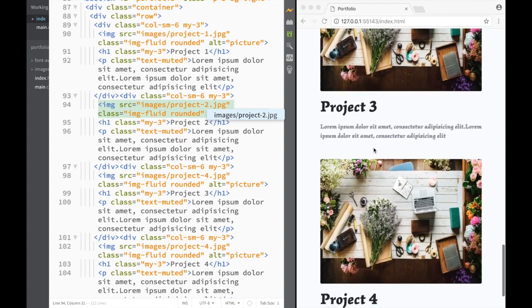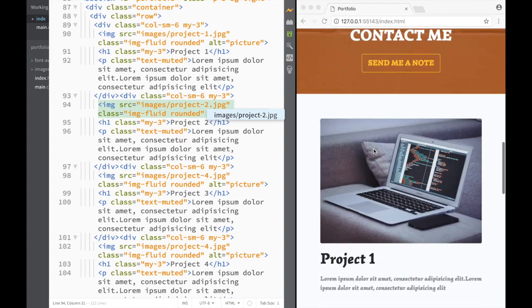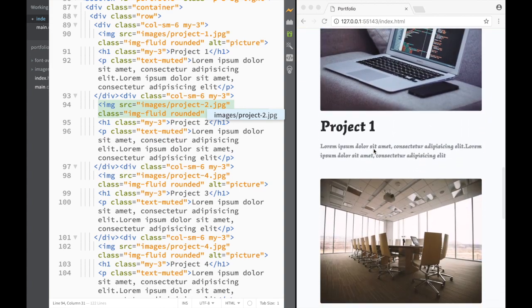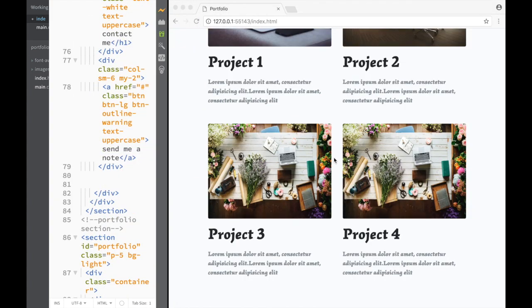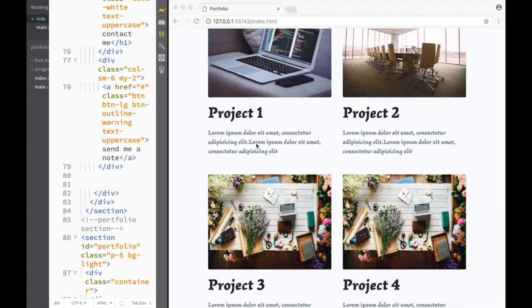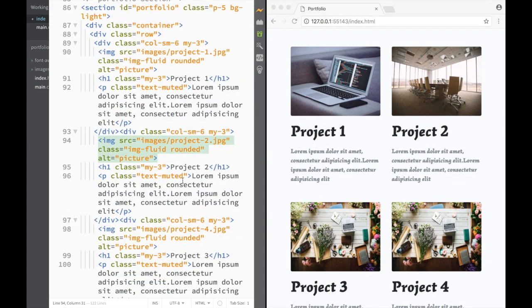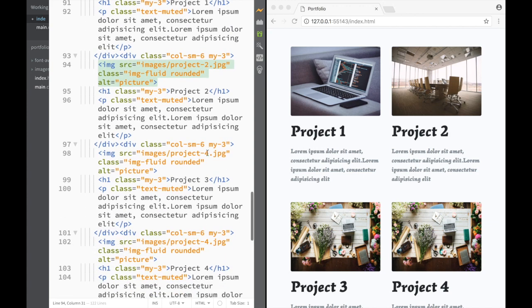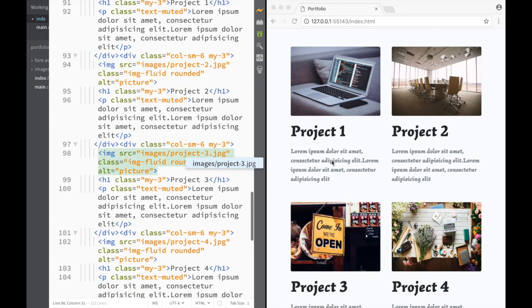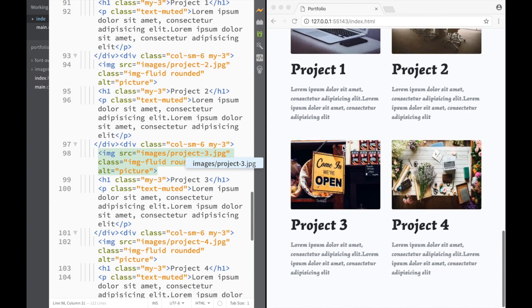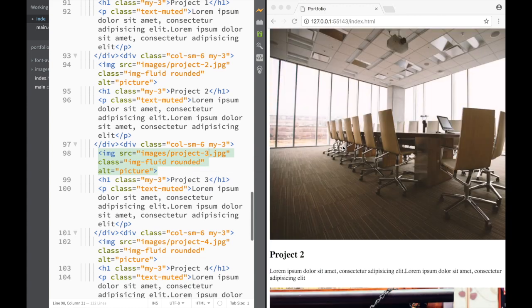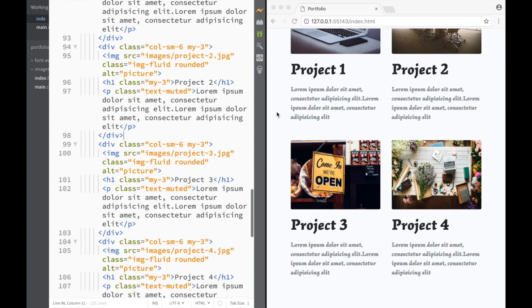So now if we scroll down here, right, you can see what's happening. Now we have our project section. So we're done with this section, right? And we're actually ready to move on. Before we do that, you can see that I placed 2 project 4s. So over here, this is 3. Right, now we have 2 different pictures. So now that we're done with this one, we can actually save this one and actually move on to the